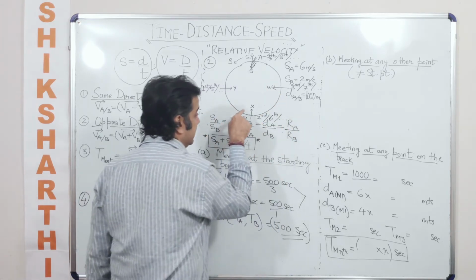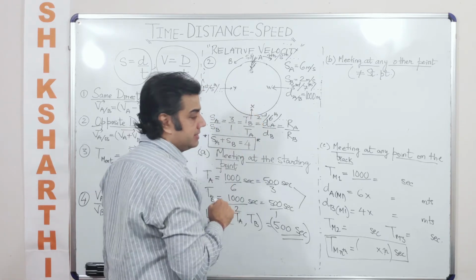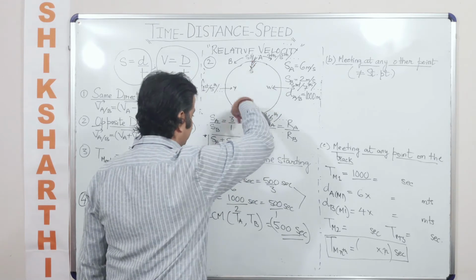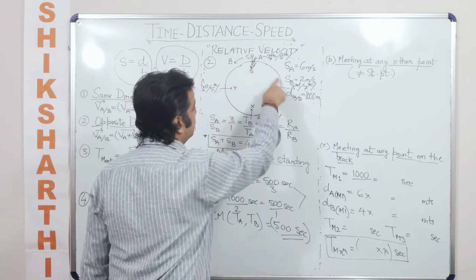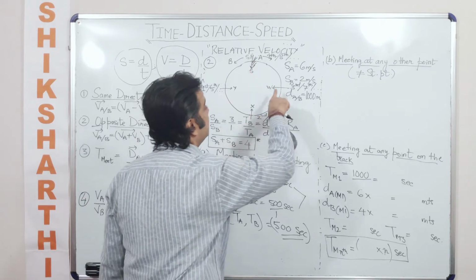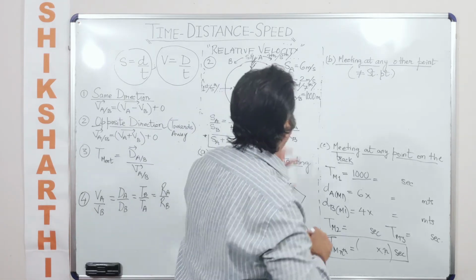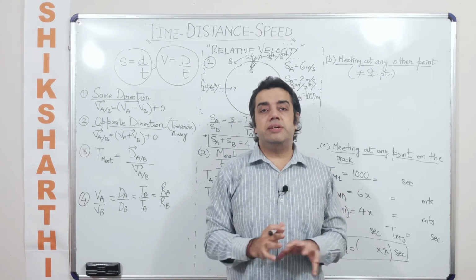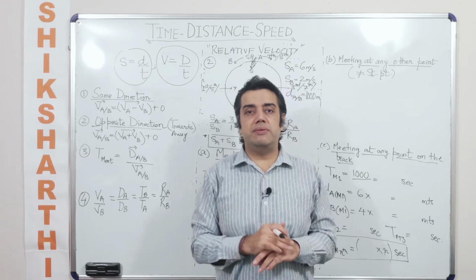Now when I say they'll be meeting at this point, this is a point X which is diametrically opposite to S. Or you can say this is half the distance from A and another half from B side also. But if I say this point, this is 1/4 from A's side and 3/4 from B's side, and so on. So this is just indicative of they'll be meeting at 4 different points on a circular track, and this would be the time, the first time when they meet, the second time when they meet, the third time when they meet, and so on.